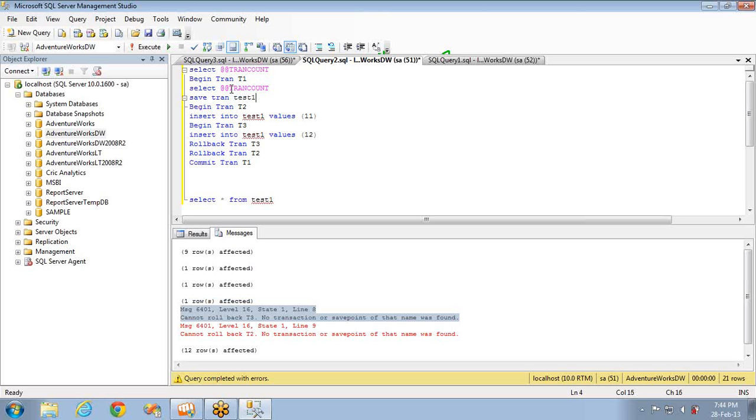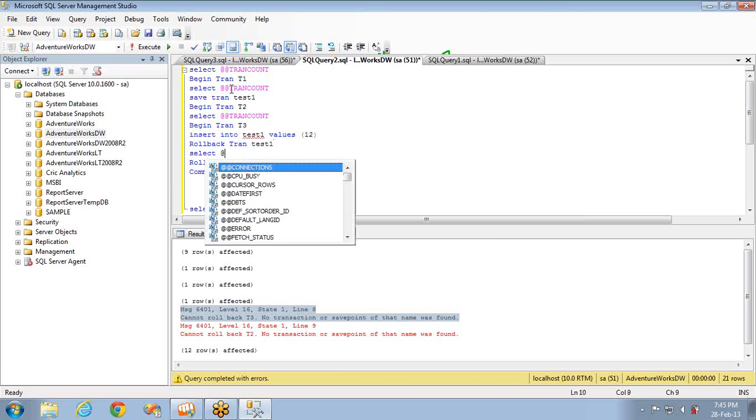I'm saving the transaction up to here, that is SAVE TRAN test1 is the name I have given, and I'm starting the second transaction after that, and I'm going for the select statement again, and I'm starting the third transaction here, and here I'm rolling back the transaction, that is I'm rolling back to test1. That is the save point I have created.